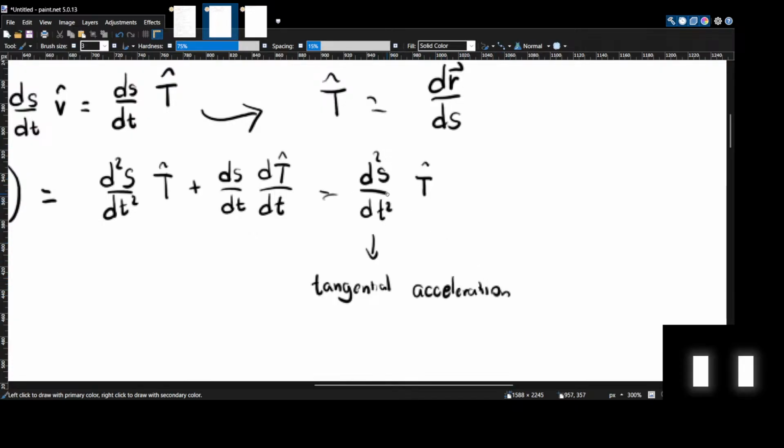This one becomes the tangential acceleration, while this term becomes ds over dt squared, and then we have dt hat by ds,